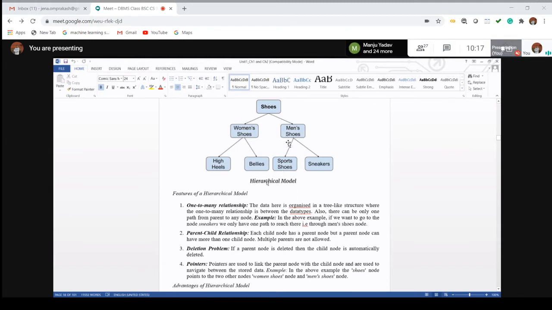Then sports shoe is divided into a number of categories. You can say it will be based on price: less than 2000, 2000 to 5000, more than 5000. Suppose you want a particular shoe which comes under 2000 to 3000, then directly you can go to shoe, then men, then sports shoe, then price 2000 to 3000.